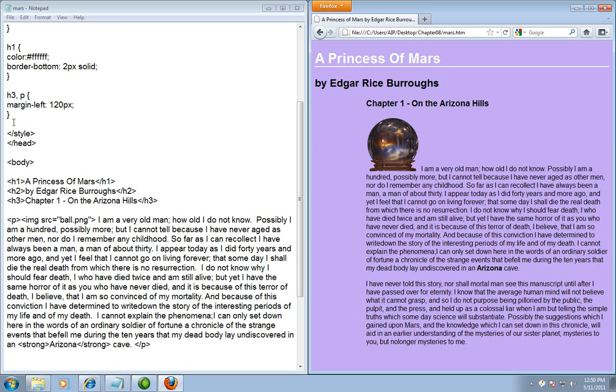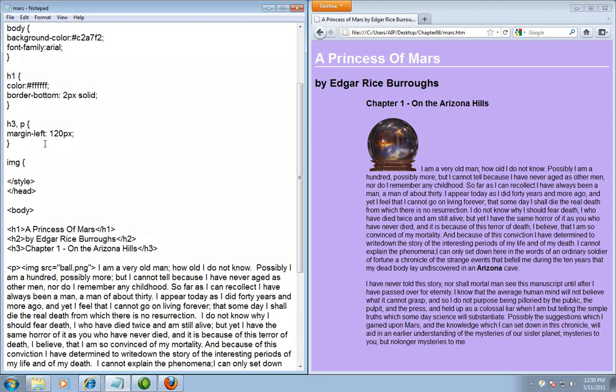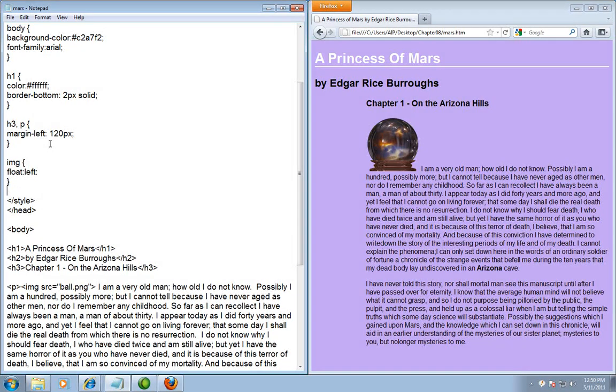And I can do that by adding a style to the image tag. So I'm going to come back up here to the style section. I'm going to type in IMG followed by a curly bracket, and the attribute that will allow you to have a text wrap is called float. So I'm going to type in the word float, colon, left, semicolon. Then don't forget a curly bracket to close it. Watch what happens here. I'm going to save it, refresh it,